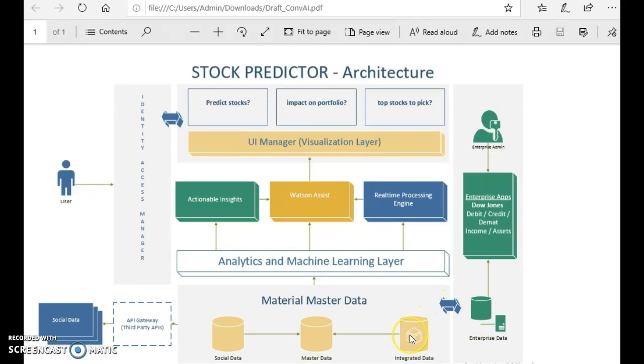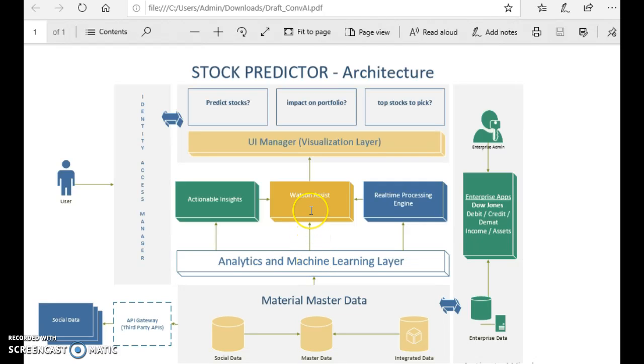The integrated data will have all the data from the enterprise, and the social data through a third-party API from the public domain. All these are merged into the master data, which is fed to the analytics and machine learning layer, which will have all highly trained machine learning algorithms, one of them being what we just saw a few minutes back.